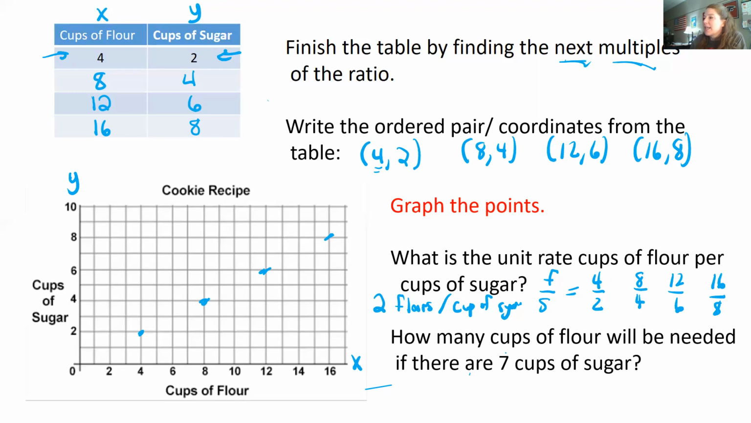So now the question is, how many cups of flour would be needed if there were 7 cups of sugar? Well, here's our cups of sugar over here on the vertical axis, right? So cups of sugar is saying, what if there's 7? We want to know how many cups of flour. Well, if we did make this a straight line right here, if we connected these dots,